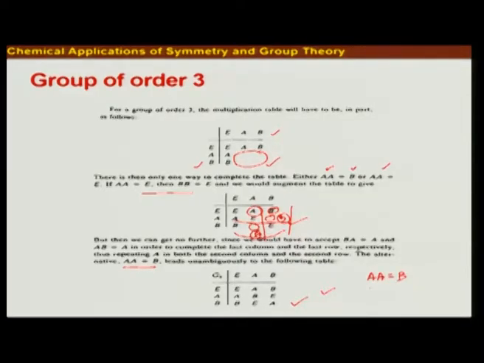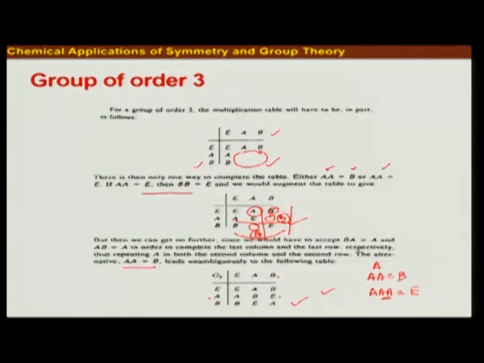Now, we have first A, then AA equals B, and then I have A cubed equals E, right. You can see that easily, because here A squared is B, so I can replace this part by B, so it is essentially AB, and let us see what AB means. A multiplied by B is E, that is what we have written.